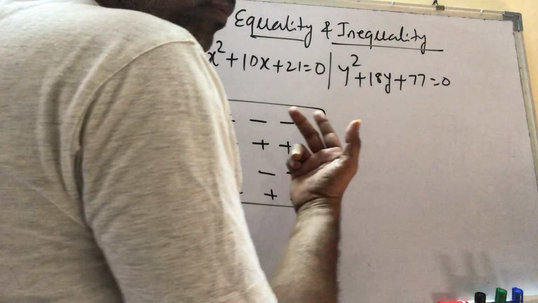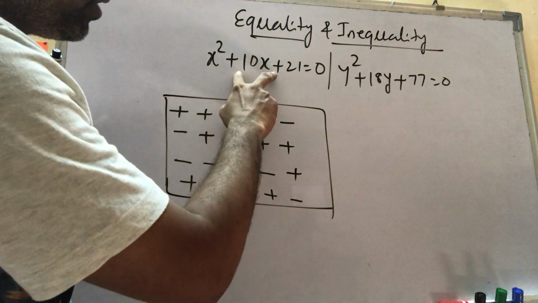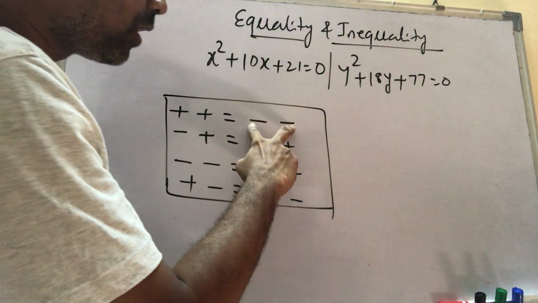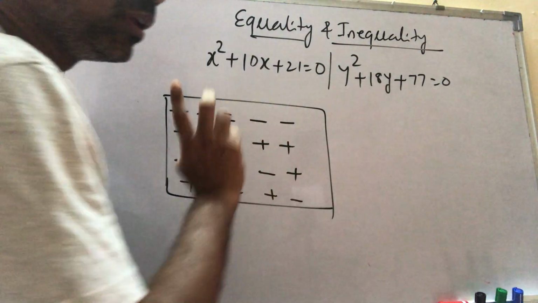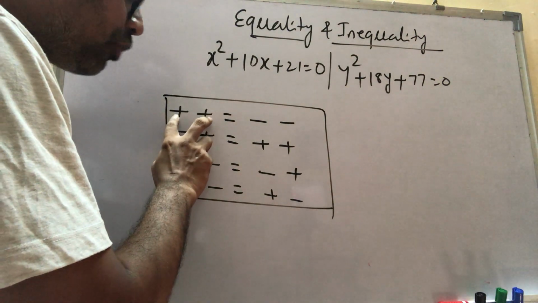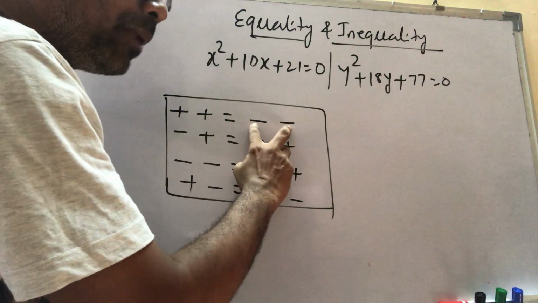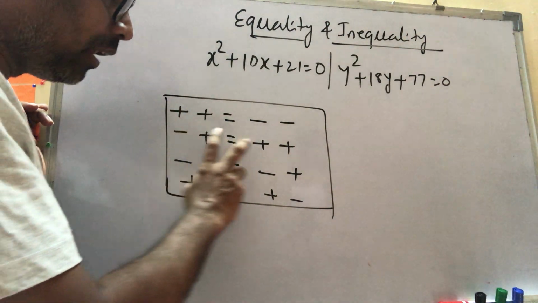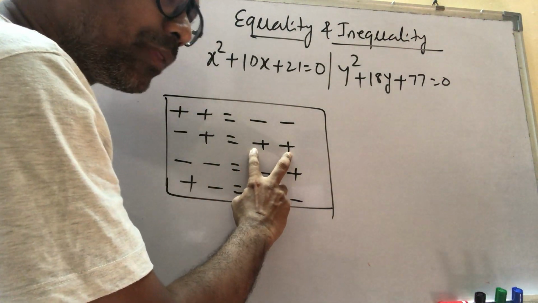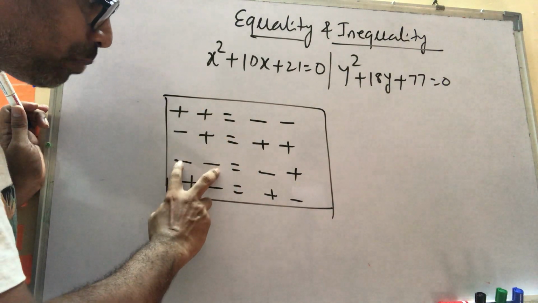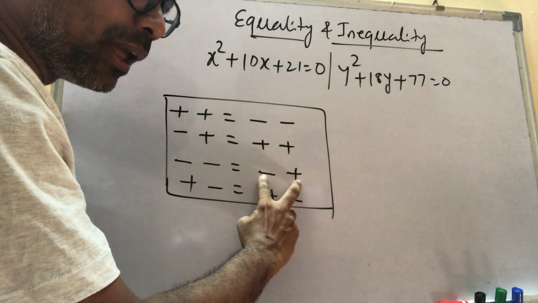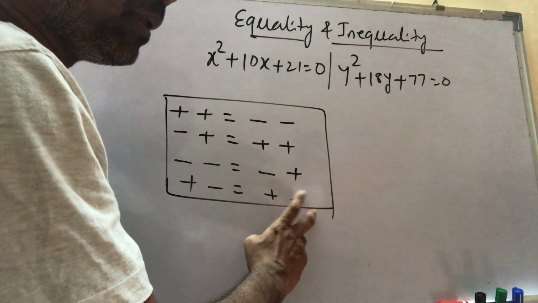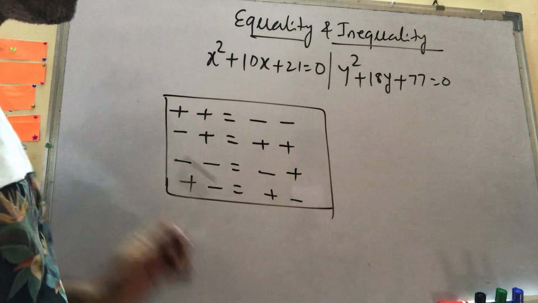See now, what is the rule? When your equation has a plus sign, your factors are going to be minus. Remember this. When your equation has a minus sign, the factors are going to be plus. When your equation has minus plus, then factors are going to be minus plus. And when your equation has plus minus, the factors are going to be a plus. So write down this.